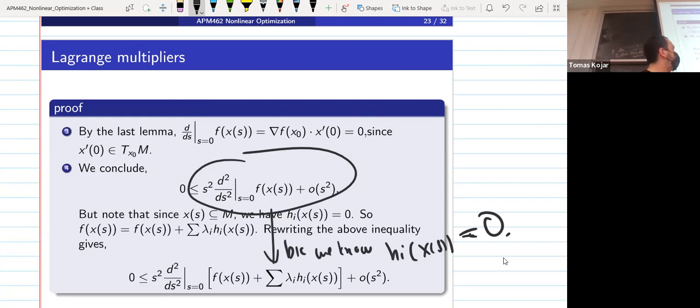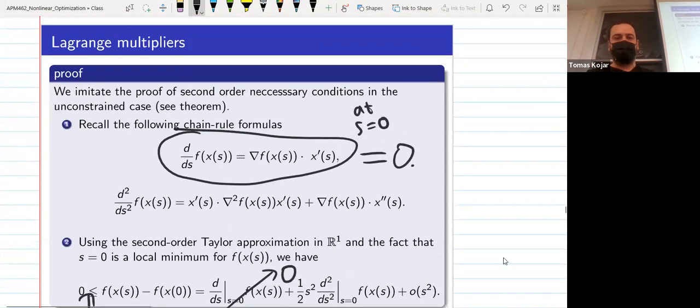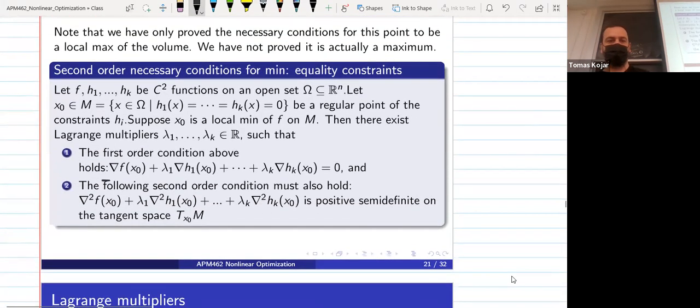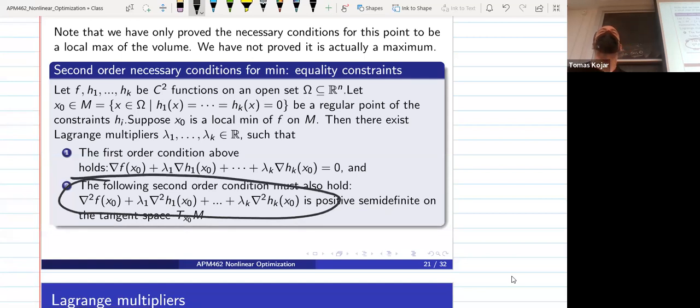You will get some gradients, and we will use the Lagrange multiplier theorem to clean it up. Again, let me remind you what we're proving in case you're completely lost. I want to prove that this whole expression is positive definite. So that's why I plugged in the h's, because I want to get an expression for both. We'll come back to it.